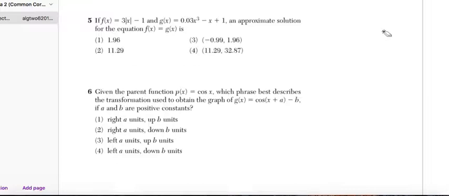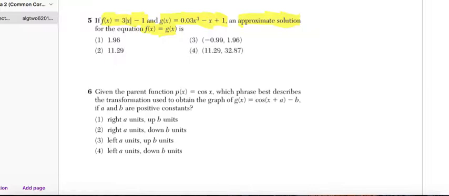Okay, if f of x equals 3 times the absolute value of x minus 1, and g of x is equal to 0.03x cubed minus x plus 1, an approximate solution to the equation f of x, which was the absolute value one, equals g of x, which was the polynomial, is... So guys, remember, usually when you have a system of equations where there's more than one equation, the solution set is when you graph both equations, the point or points of intersection,